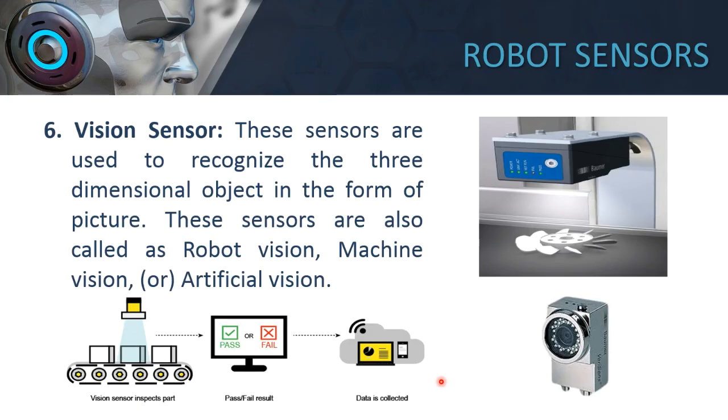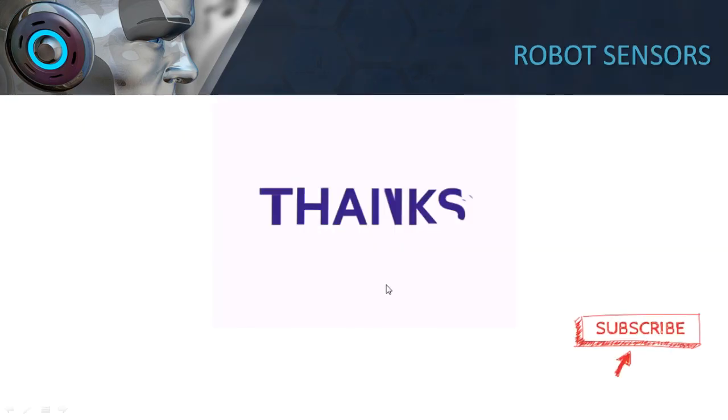So these can be used to detect good products and bad products in the inspection department. You cannot inspect every product manually. So when you just pass the product on the conveyor, the machine vision or the vision sensor captures the data, and then it stores the data saying which product is good and which product is defective. So these are some of the important sensors which you can come across in most of the robots which are used in industry or for domestic purposes. Wherever the robot is installed, you can find these sensors.